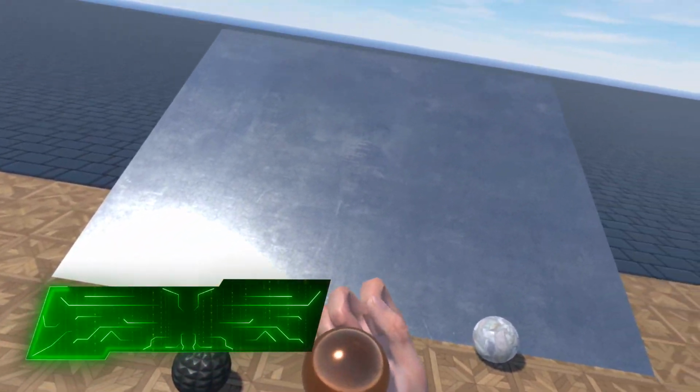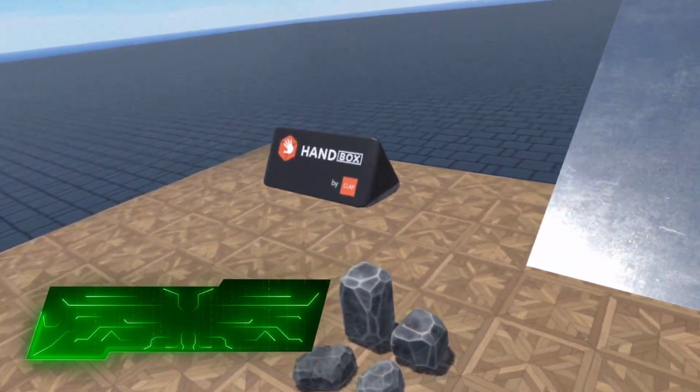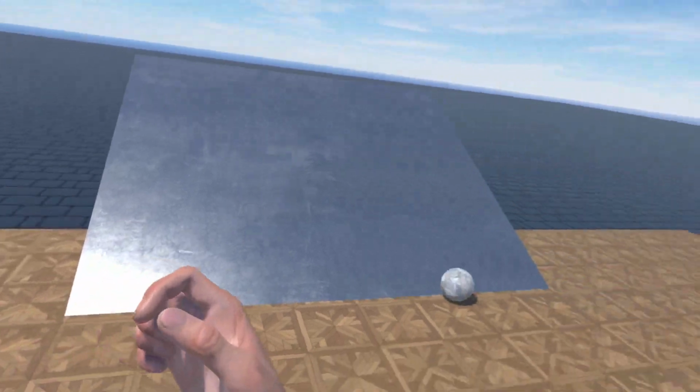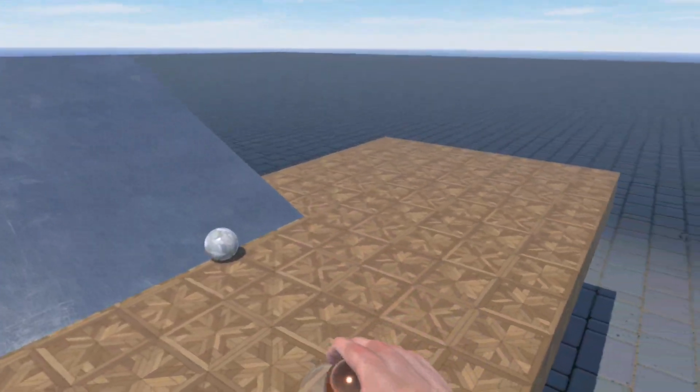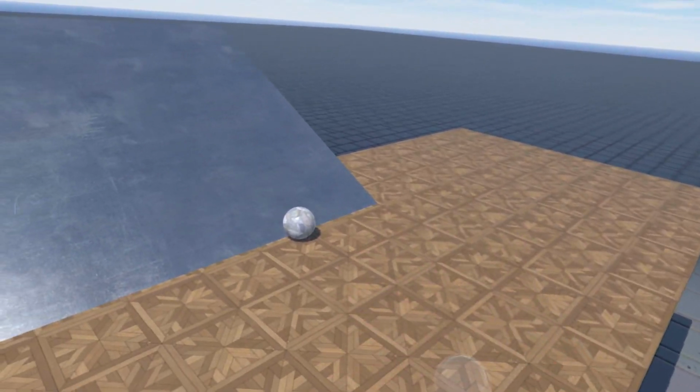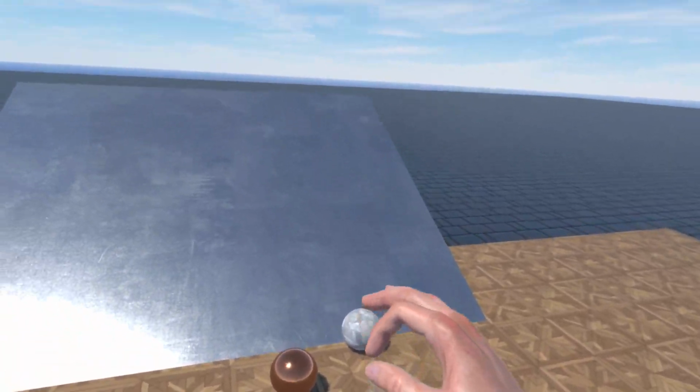HandBox, a sandbox for your hands. A very small sandbox. Basically, you just pick up these items and you can slightly roll them. You only have one hand for the hand tracking. I mean, you can see that your other hand still exists, but it's not included in this game. I also found the hand tracking really didn't work very well at all in this,